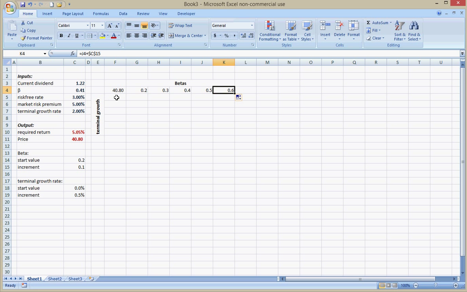Same thing for the growth rate. I want to have the lowest reasonable growth rate, and then I want to have some numbers in between. So it's going to be that plus my increment, F4. And once I have that, I can drag it down. A white cross becomes a black cross, drag it down, and that's what I'm saying are my possible growth rates